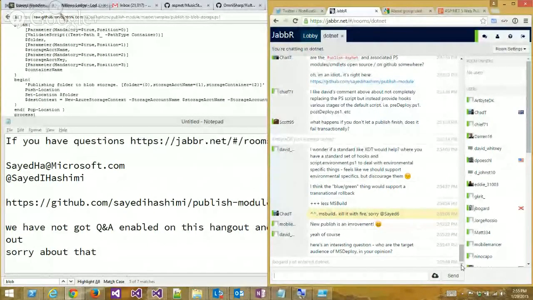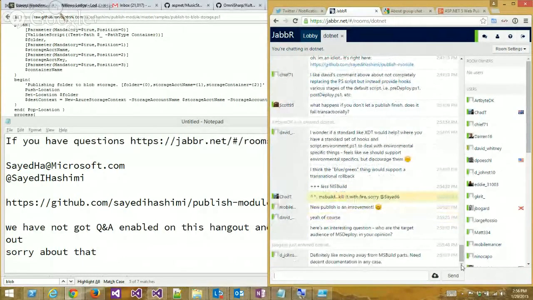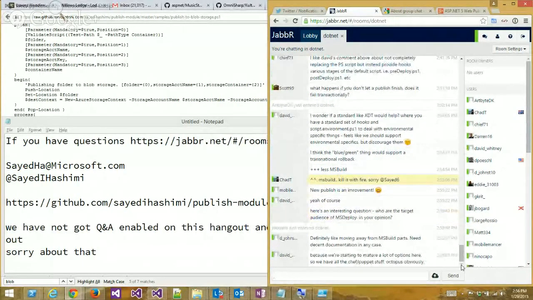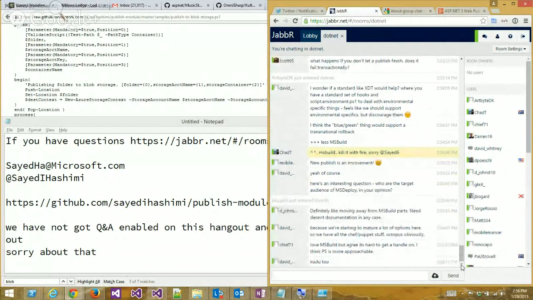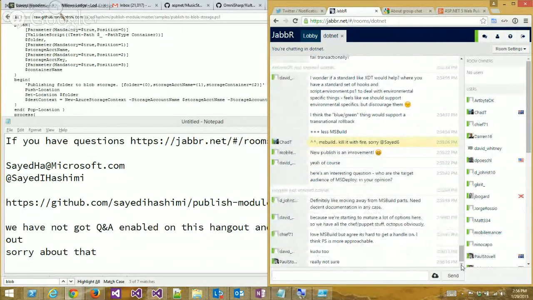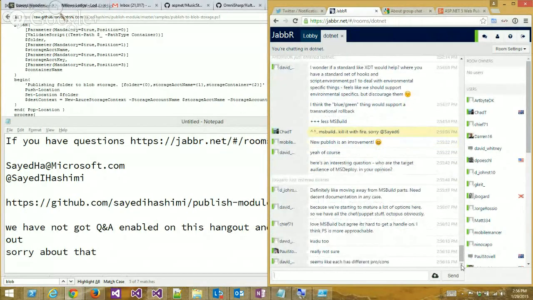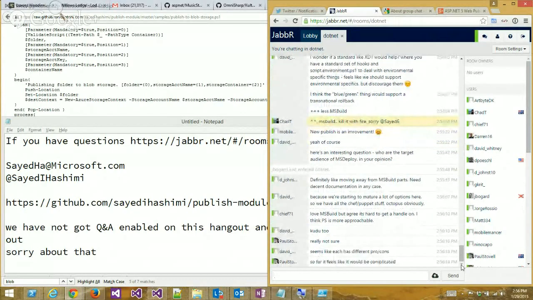Who is the target audience of MS Deploy, in your opinion? Well, I think MS Deploy actually covers a wide audience. So if you're publishing directly in Visual Studio, I believe there's a significant number of people who are doing that. So this is definitely targeted at those folks. But MS Deploy also has a command line, which is very robust and feature rich. So MS Deploy can also cover